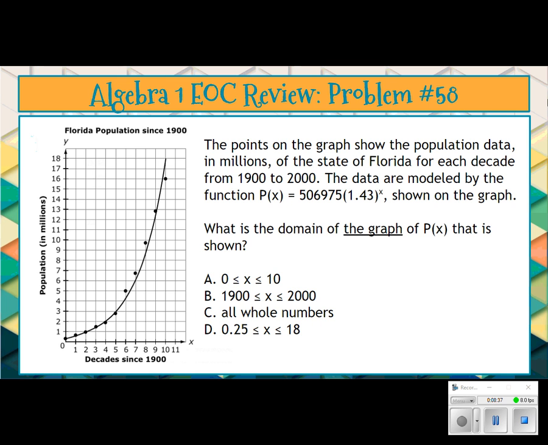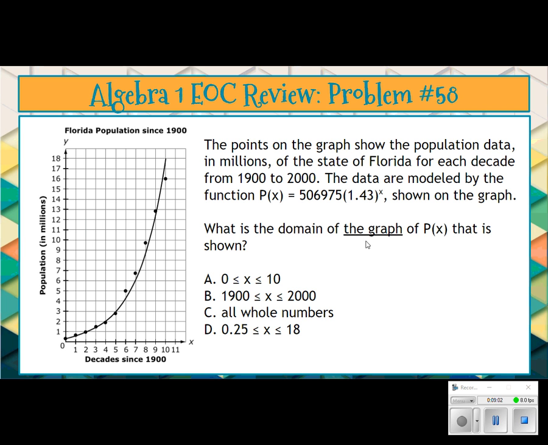Here's problem number 58. They give you all of this stuff and all of this wording just to ask you what the domain of the graph is. It is an exponential function, and most exponential functions have negative infinity to positive infinity as their domain, but